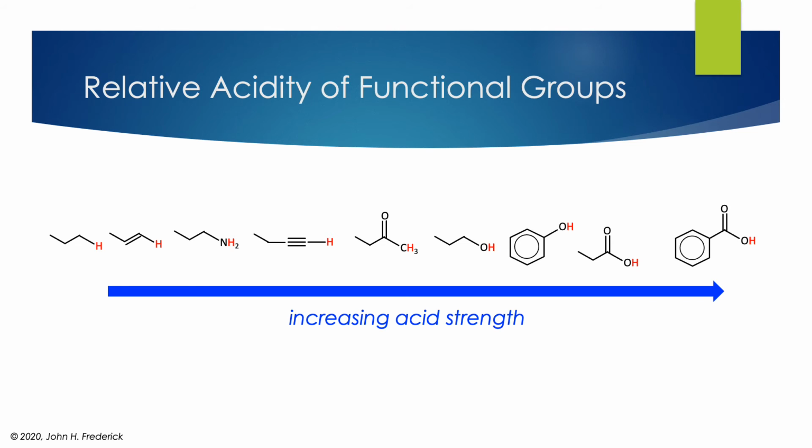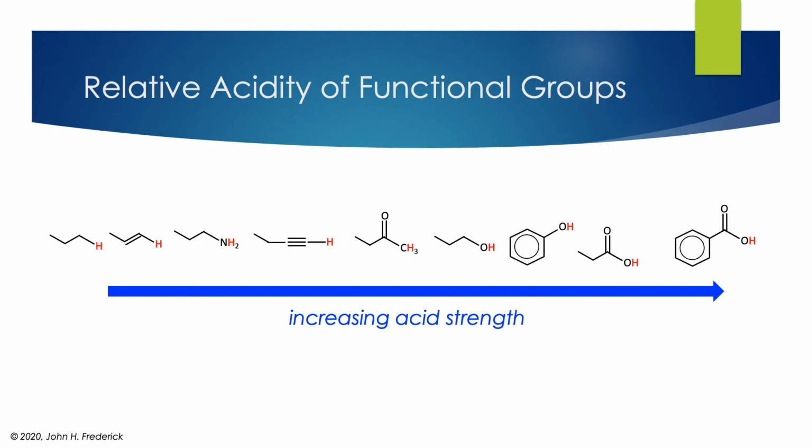Once we get hydrogen attached to oxygen, however, we begin to see some appreciable acidity creeping in. So alcohols, for example, they're not great acids, but they are more acidic than the standard hydrocarbons. And we also see that resonance effect coming in: phenol, the benzene ring with a hydroxide on it, is more acidic than just a regular plain alkyl alcohol. Finally, the carboxylic acids are the most acidic groups in organic chemistry. We have a standard one that's based on alkanes along with an aromatic one, benzoic acid, which is the most acidic of these